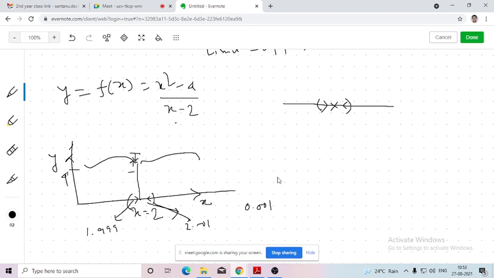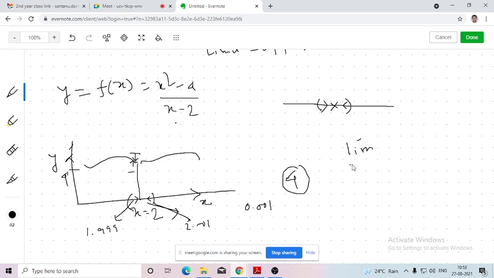So here I can say that while we are varying the independent variable around 2 in a small interval, the functional value will lie around a small interval of 4. So I could say that approximately the functional value at 2 can be considered as 4. So 4 is the limiting value or approximated value of the function at x equals 2. Then we use different formulas to evaluate the limit.